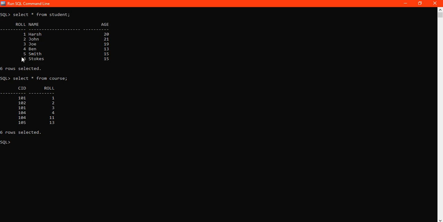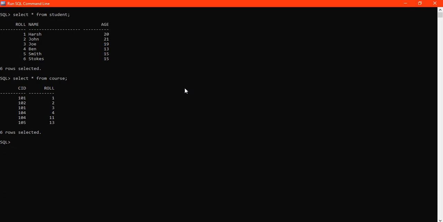Like you can see, roll numbers 6 and 5 are not present in this table. And some courses have been allocated to roll numbers 11 and 13, which are not present in the student table. They may be some special roll numbers, like staff roll numbers or anything else. Clear? So some extra data is present in both tables which is not present in the other table.